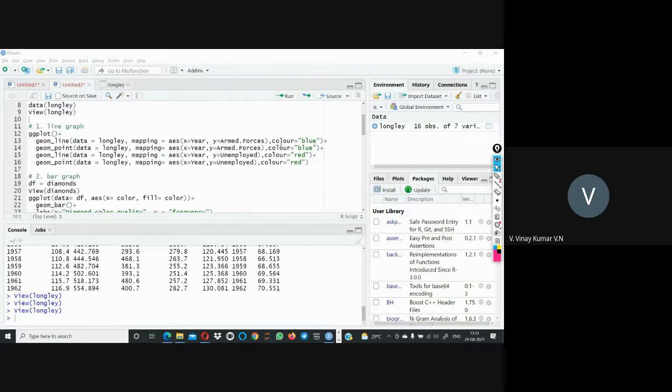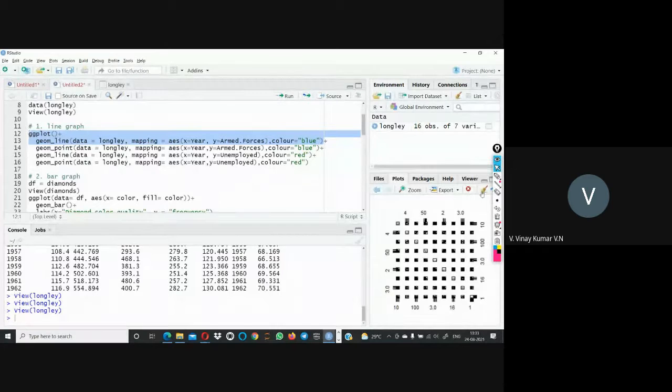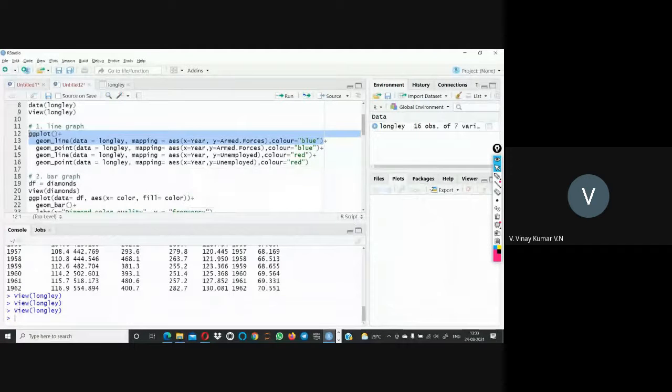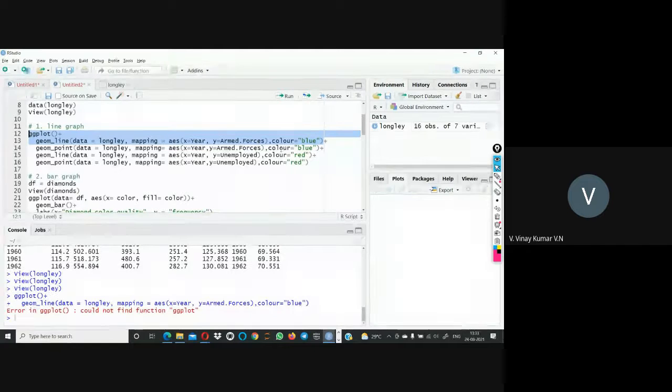So I am selecting only this part. After that, we have the extra commands also, but I'm not running those yet. Only this part, and running this function.